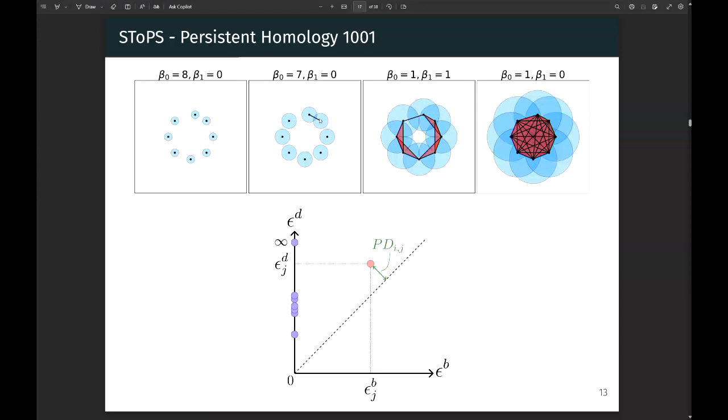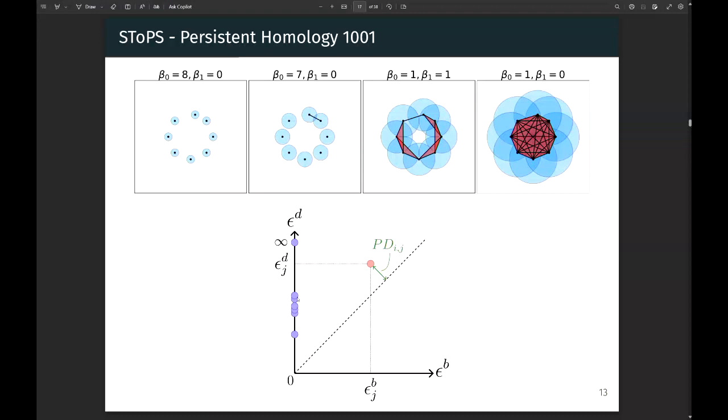The H1 homology is the number of holes in the simplex that's formed. For example, here there are no holes. There are still no holes here. But at some critical epsilon, a loop forms between these objects. It's still one object, but a loop forms here. So here we say there is one object, and there's also one hole, not one void, present in this data set. That's the aspect of persistent homology we're going to use. We're going to track how these features get born and die for different values of epsilon.